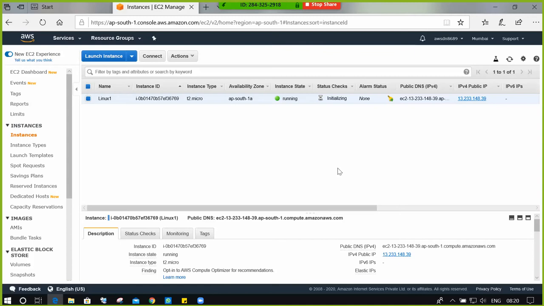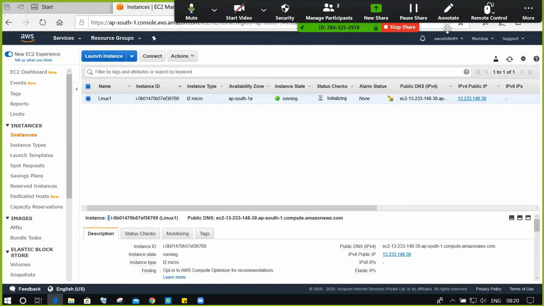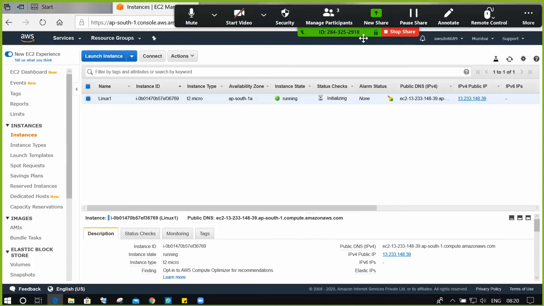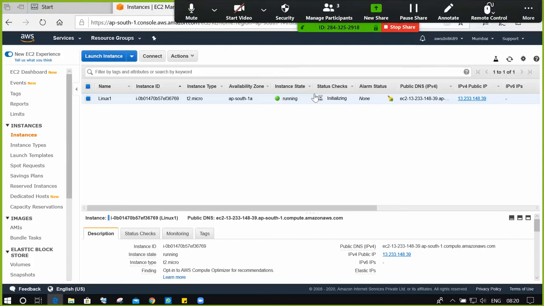So how do we connect to the Linux instance? Guys, you cannot connect to a Linux instance by using MSTSC. MSTSC is only for Windows machines, and for Linux machines we cannot use it. For Linux machines you need a software called PuTTY. PuTTY, however you pronounce it, is the same.